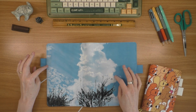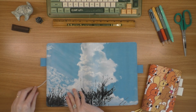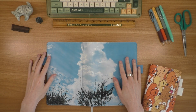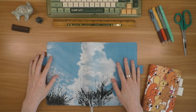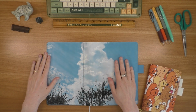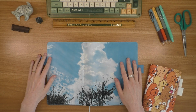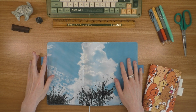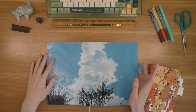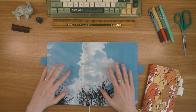I love nature, so when I saw this, it was kind of a no-brainer. Although I will say, I was a little hesitant about picking this one up just because in the United States, now we had to order a book with a cover. If I didn't have to buy a book, this would have been no problem, just add it to the cart. But I did take a little time to think about it, decide if I wanted it or not. But then every time I saw it in a video, I was just kind of blown away by it. And I was like, well, if I have an extra cover, no big deal, right? It's a notebook, I'll use it for something. Even though I have no plans to use it as a planner in 2026,